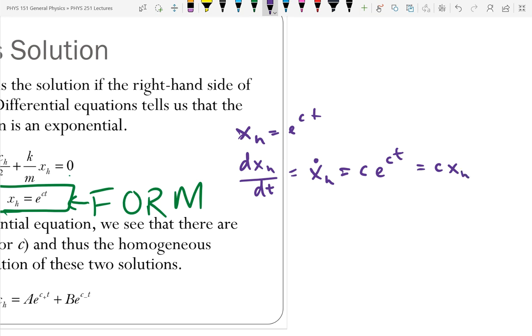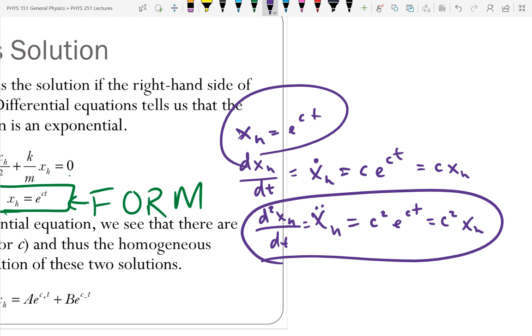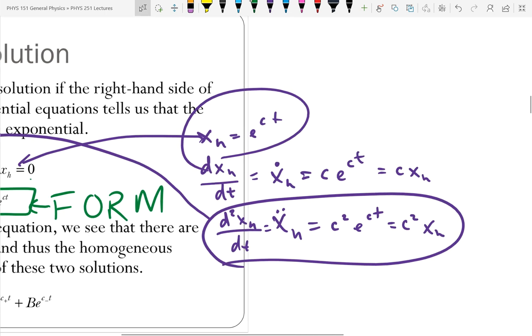Well, given that the derivative of x sub h is just a constant times x sub h, then x double dot of h, the second derivative, what's it going to be? C squared e to the CT, or C squared x sub h. So now I'm going to take this and put this and this in their appropriate places. And so my differential equation becomes